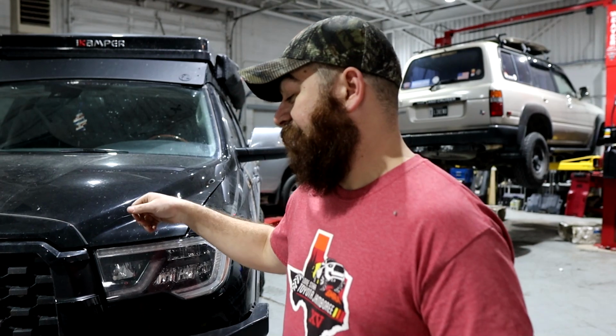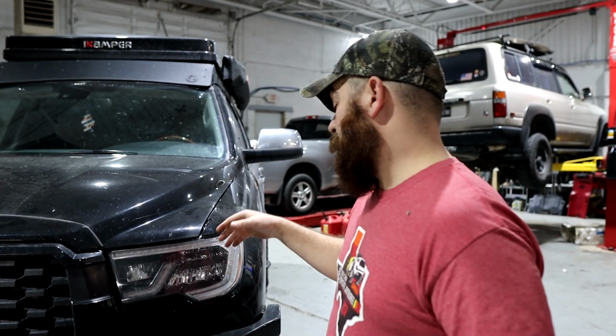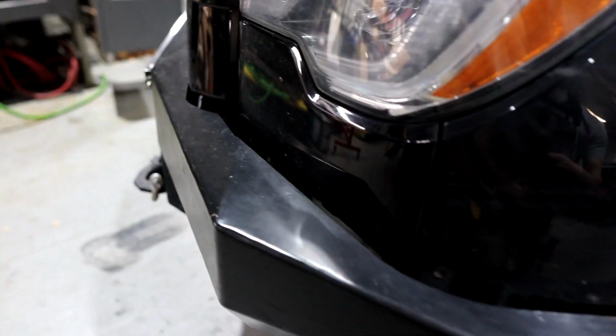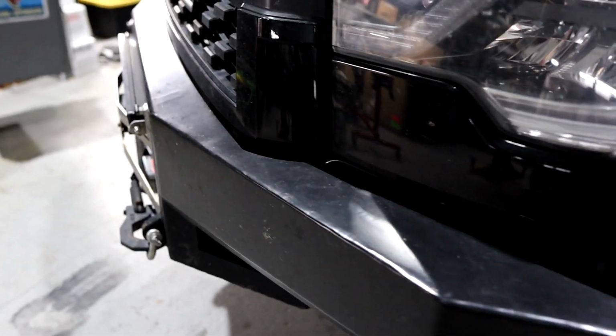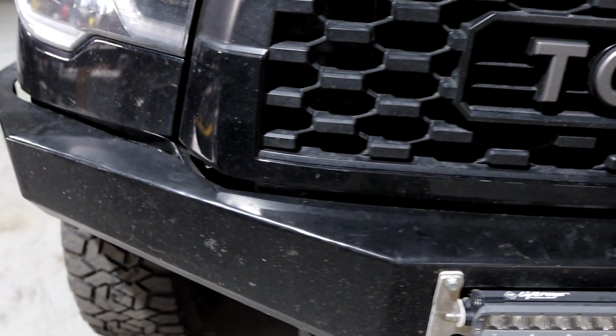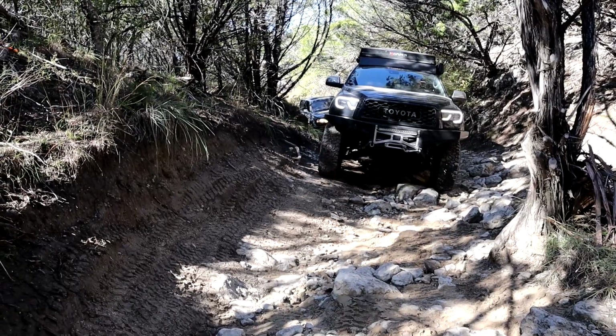So this is actually the prototype tandem front bumper for the second Gen Sequoia. The Sequoia was 3D scanned, and these were designed in CAD. It is not a modified Tundra bumper. It is a second Gen Sequoia specific front bumper. It fits the lines really well. It looks super aggressive, but the